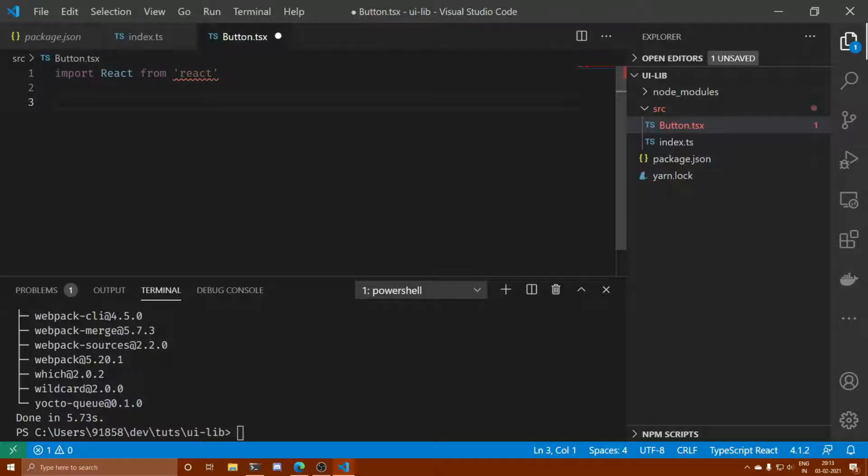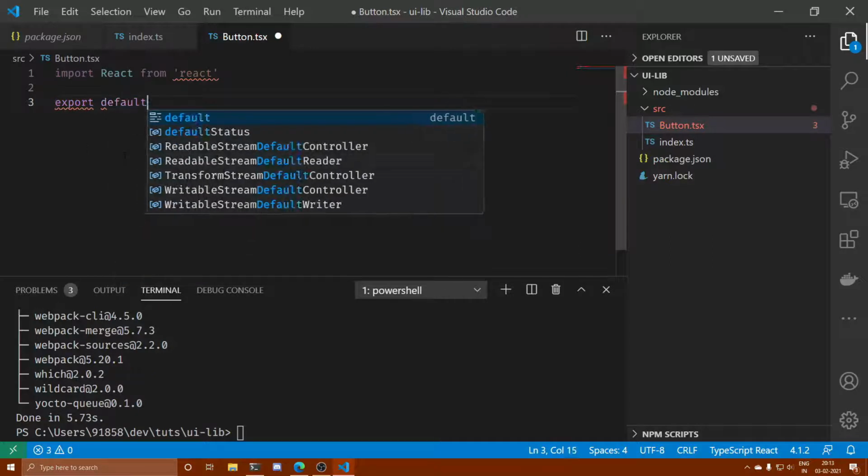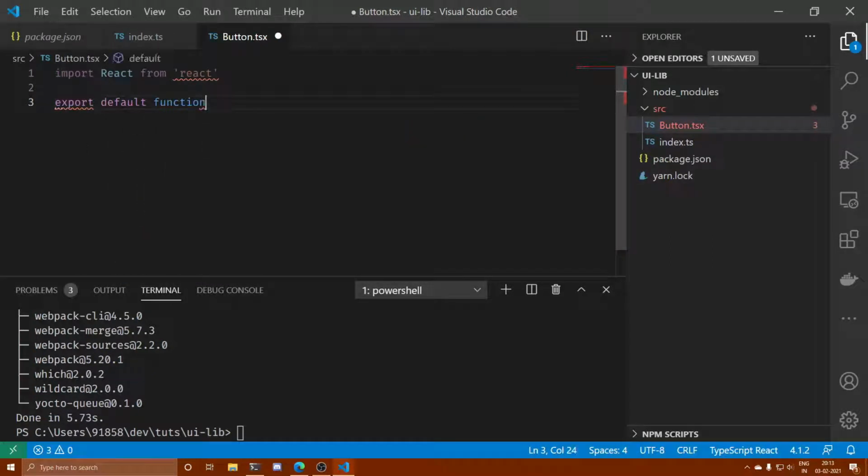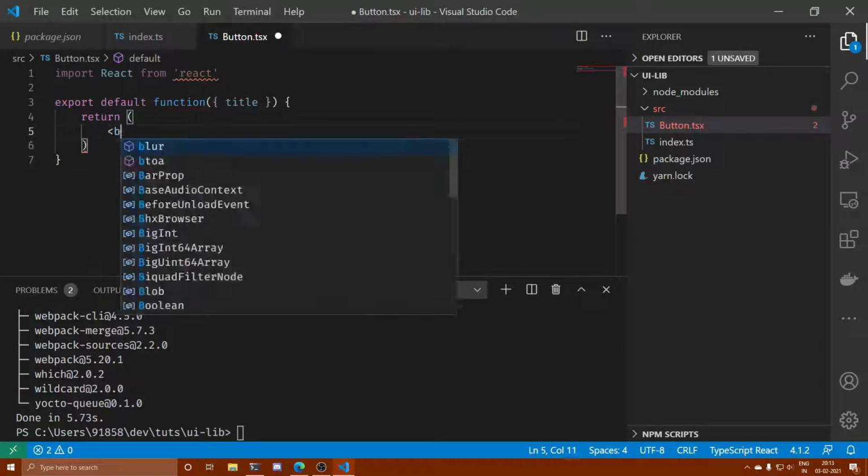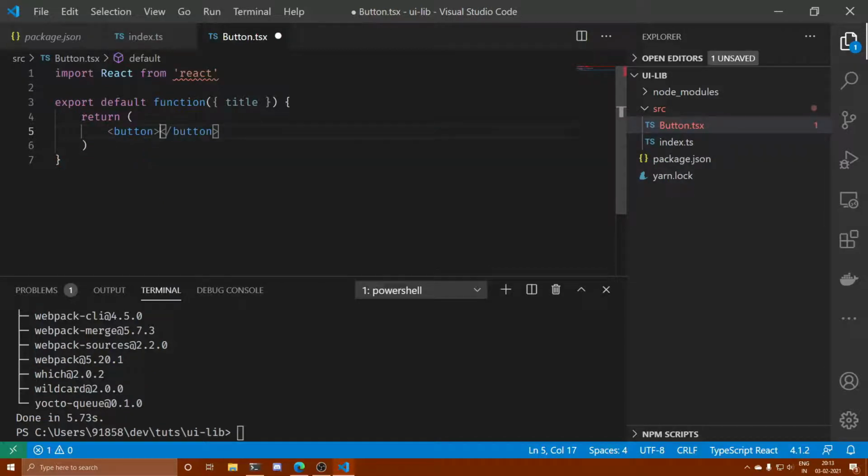We are just going to export a component that is going to be a functional component. It takes props, and from props we have extracted the title. Over here we are just returning a button, and the title goes here. This is just a simple React component, that is a button component.